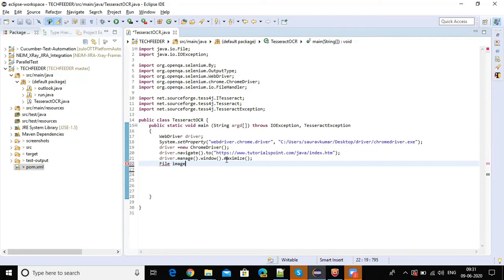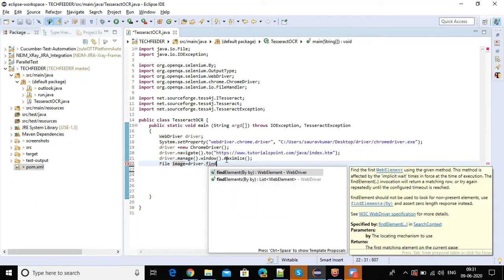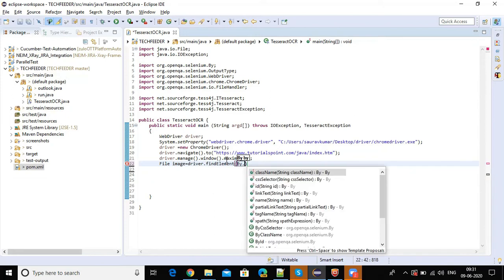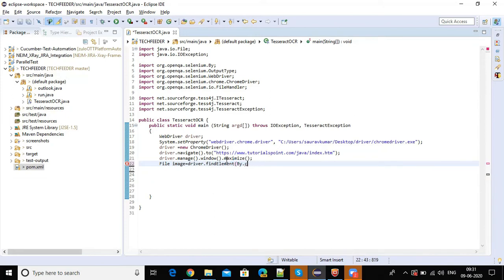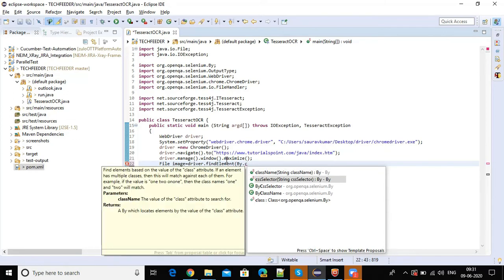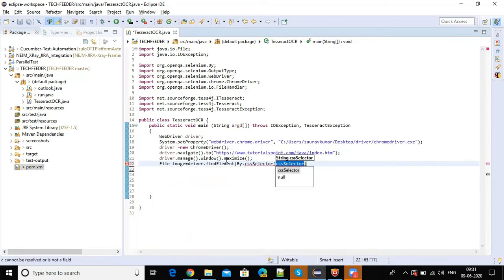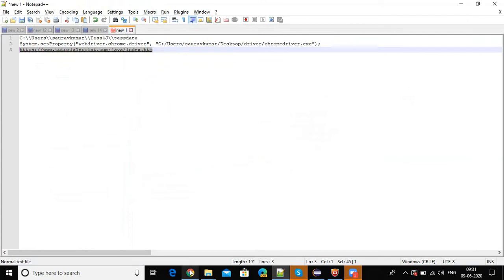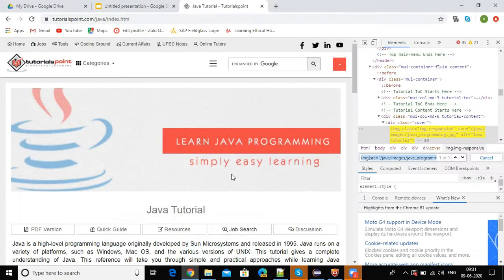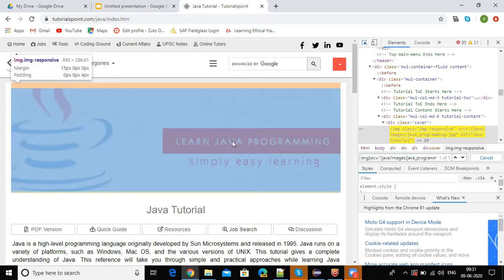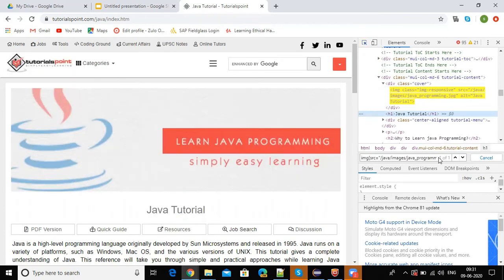Now we will copy the screenshot into some file. Let us make an image equal to driver.findElement, maybe by CSS selector. We will navigate to this site, or let us suppose we copy this Java Tutorials heading.